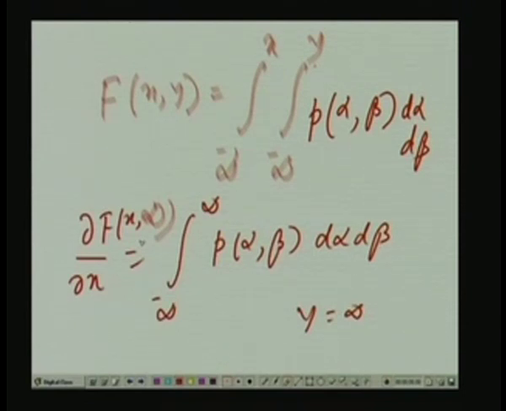But we have seen what is f x comma infinity, that is nothing but f x, and what is del f x del x, which is in fact df dx now, because it is a function of just one variable. So, del f del x actually means df dx, that is nothing but the probability density of x. That gives the proof,